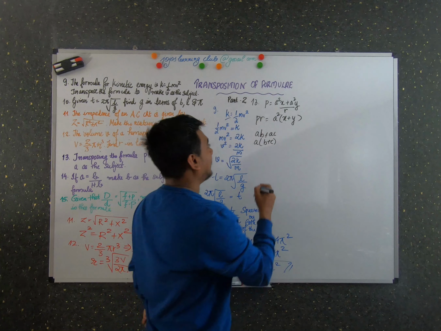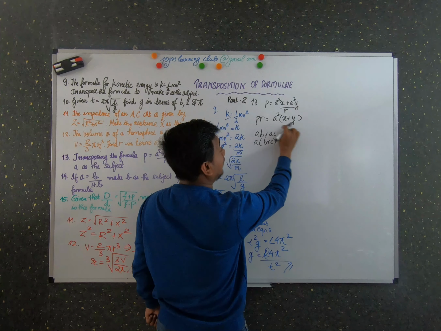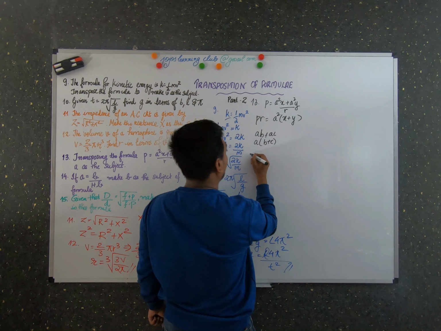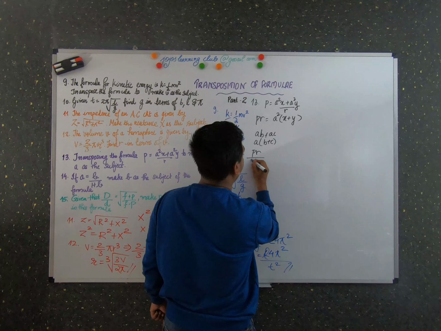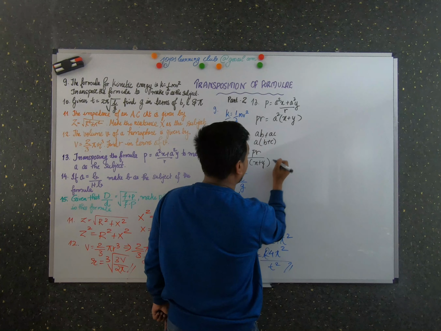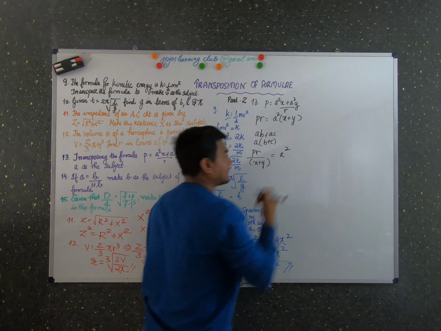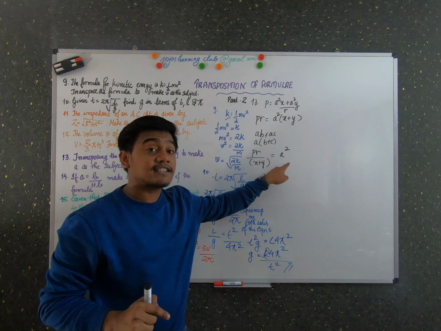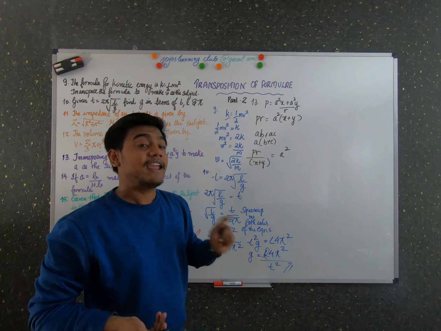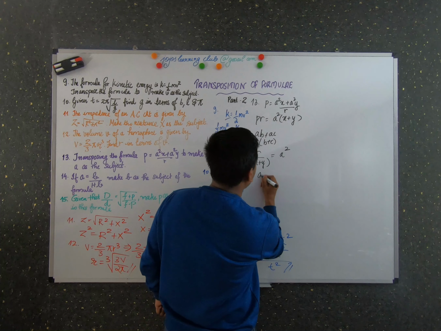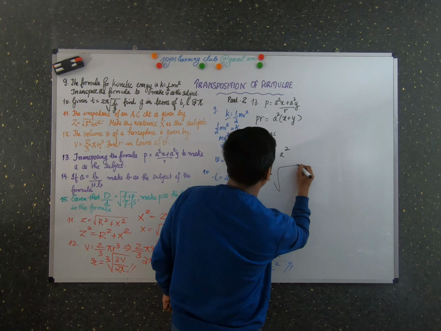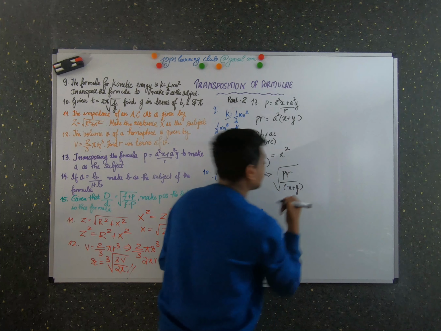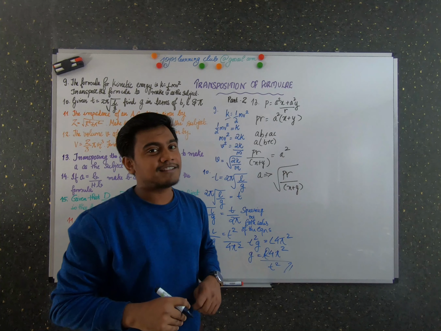Okay, that's it. So PR, now what I have to do? I have to eliminate this x plus y because we have to make a as a subject. For that, I am going to divide both sides by x plus y. So PR by x plus y is equal to a square. Is the answer over? No, because it's a square and we need in terms of a. To get in terms of a, what you have to do? You have to take the root of it. That's it. Root of PR by x plus y, and hence now your answer is there.